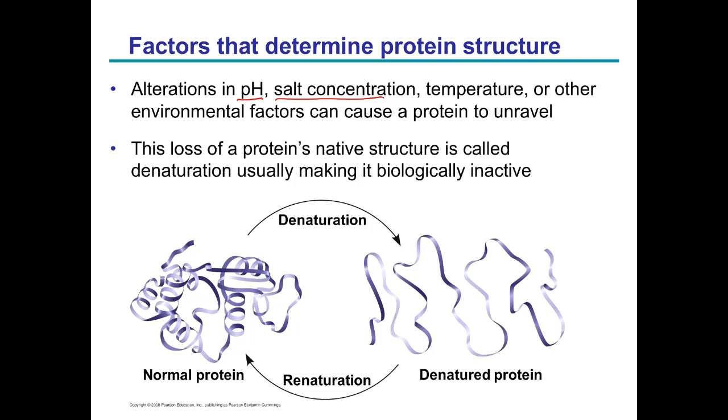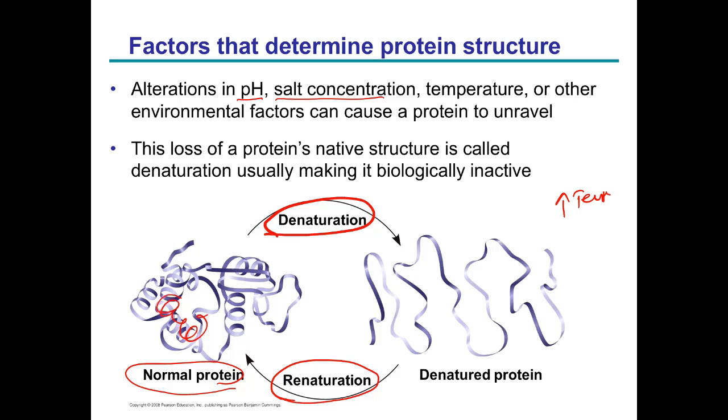Denaturation is basically the loss in the shape of the normal protein to make another complex shape of the protein, and renaturation is going back to its original shape. This can typically be seen when you, for example, increase the temperature. The temperature will break the bonds within the secondary and the tertiary structure of this particular polypeptide chain and give rise to the formation of new bonds that will denature